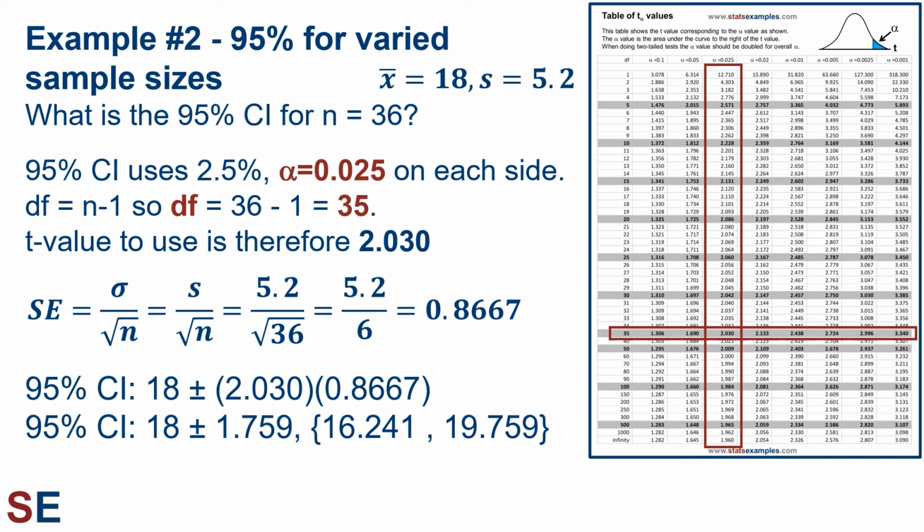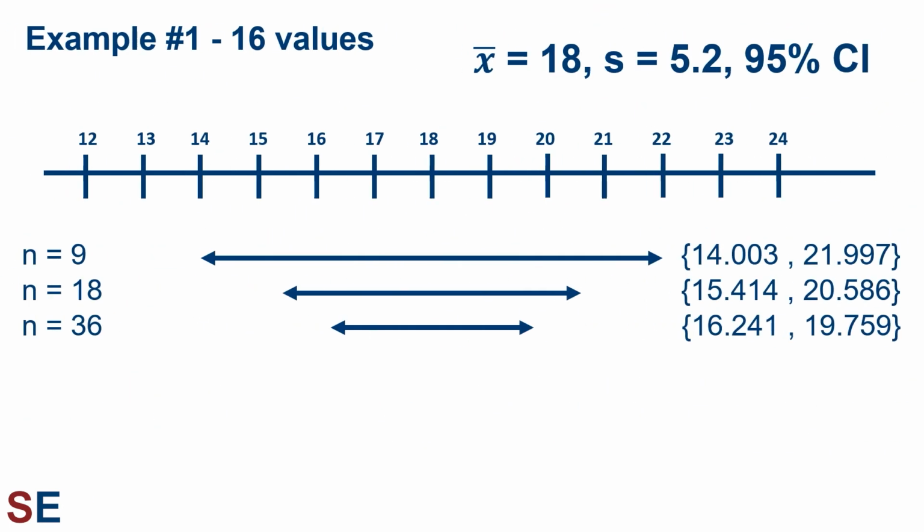This is not a good idea. Let's take a look at the 3 confidence intervals we just calculated. When we had a larger sample size, 2 things happened to make the confidence interval narrower. First, with more data, the standard error value became smaller because of the square root of the sample size in the denominator. Second, with more degrees of freedom, we used t-values that were lower in the table, and they tended to be smaller, indicating that we needed to go fewer standard errors above and below our sample mean to create